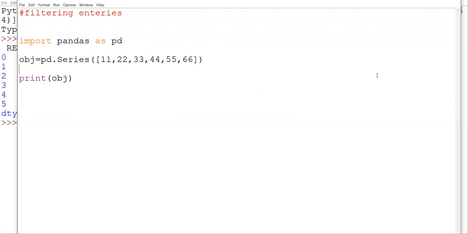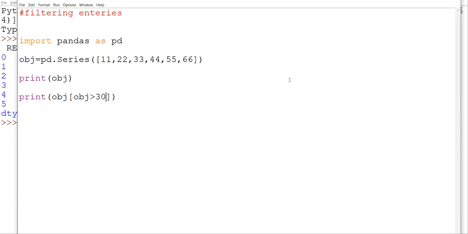Now my requirement is to print some specific part of it. Okay. So I will be writing the condition. Now how to write the condition? Suppose print obj, I am going to print. Then in square bracket, see, generally we are writing the index number or the range from where to where we wanted to print. No? So what we can do over here, we can write any condition. For example, obj, I wanted to print all the values which are greater than 30. So I will be writing something like this.